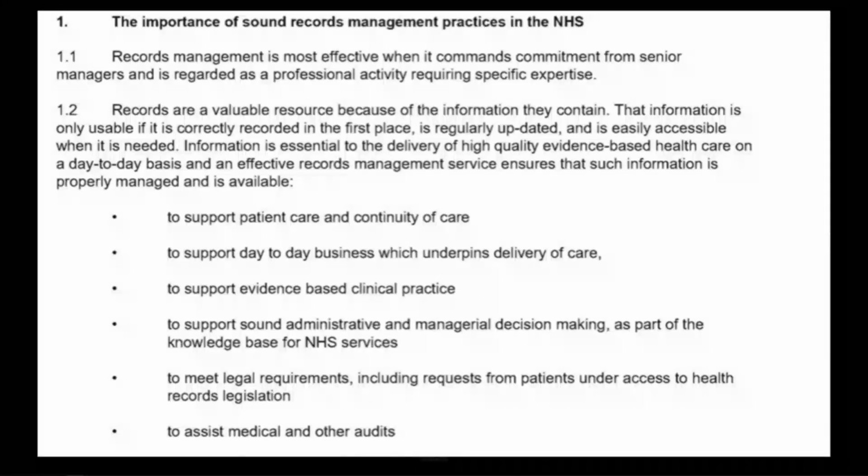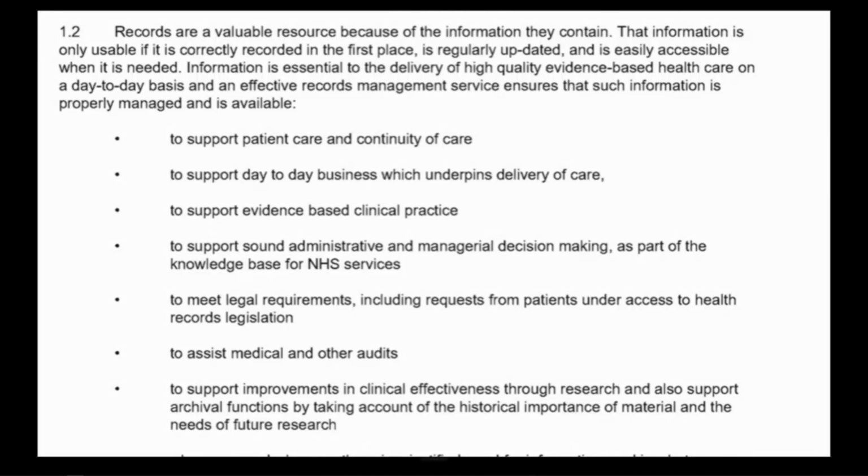Records management is most effective when it commands commitment from senior managers and is regarded as a professional activity requiring specific expertise. Records are a valuable resource because of the information they contain. That information is only usable if it's correctly recorded in the first place, is regularly updated, and is easily accessible when it is needed. Information is essential to the delivery of high-quality, evidence-based healthcare on a day-to-day basis, and an effective records management service ensures that such information is properly managed and is available to support patient care and continuity